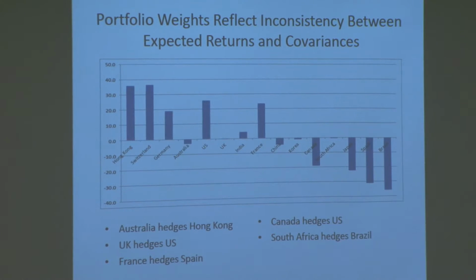So for example, the UK, it turns out, is very highly correlated with both, with the US. Canada is also correlated with the US. So we end up taking a long position in the US, which has slightly higher expected return than the UK, virtually no position in the UK. In other words, relative to what you might expect, equal positions. We're long the US, short the UK, and similarly short Canada. And this is going to give us a slightly higher expected return with slightly lower risk than a portfolio that